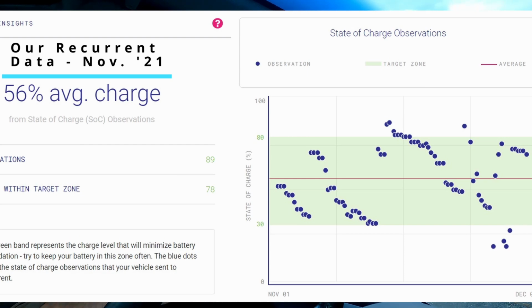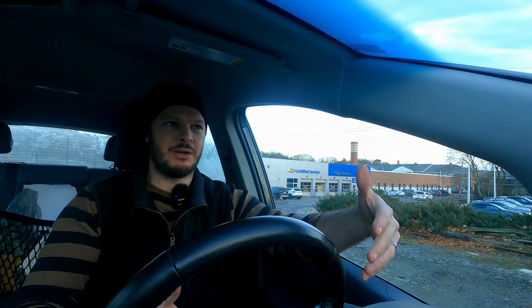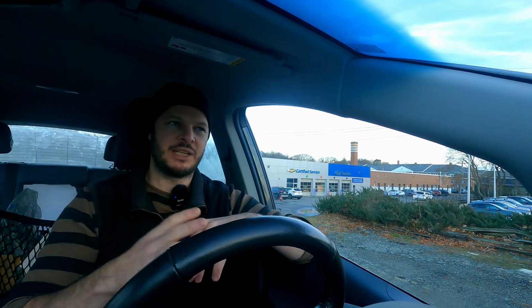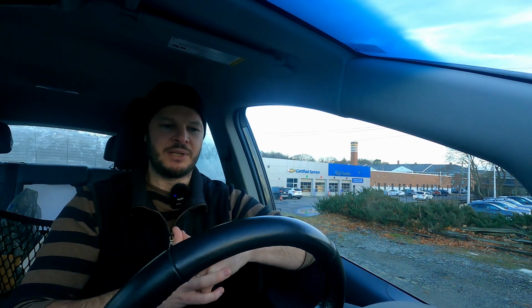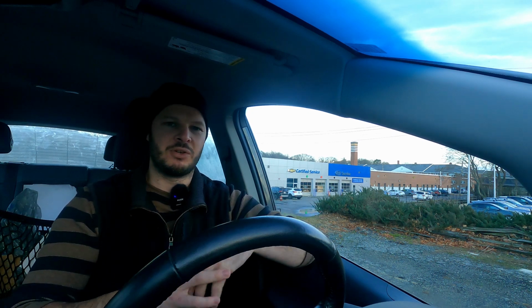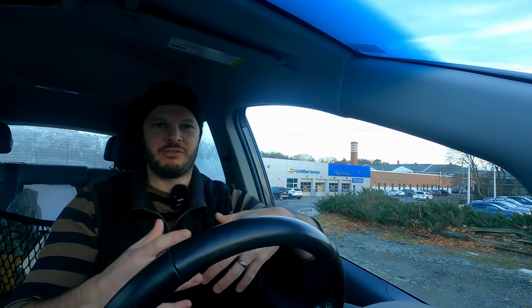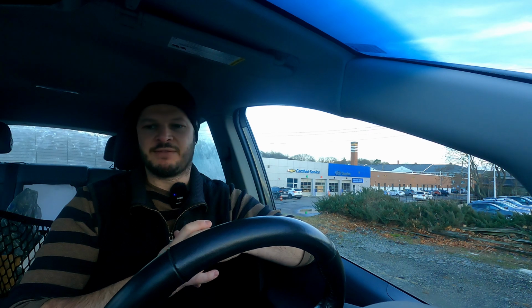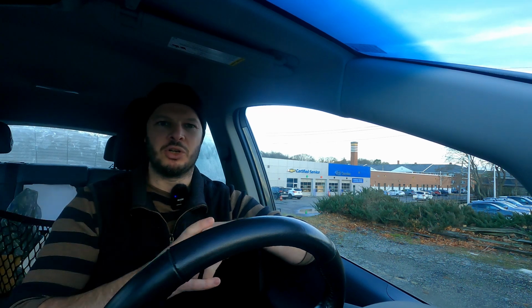I know a lot of people are going to want to get it, but for the most part, people at home, this is going to benefit, who have a garage and who just want to charge that car overnight and not really think about it anymore, and aren't so worried about that locking out the top 20%. It's going to be different strokes for different folks. If you need that indoor parking, I can see why you would go for this. Or if you need, as road trippers do, that full access to the 95% of the pack at those isolated times when you do need to go on a longer trip,